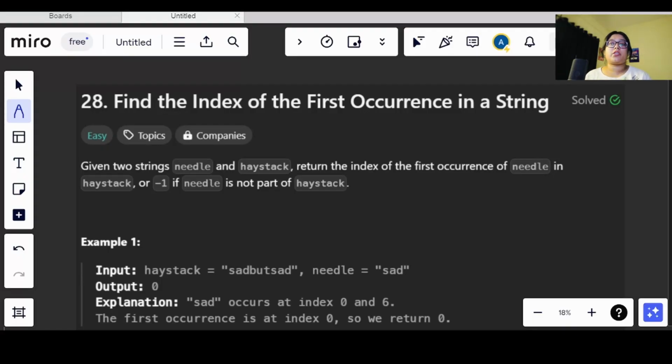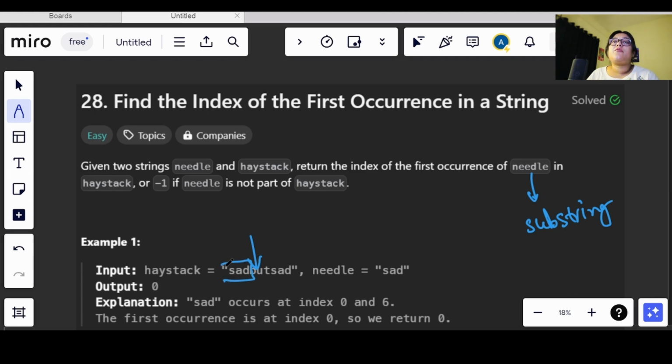We have been given two strings, okay. One is called needle and the other one is called haystack. Now what we need to do is find the needle in the haystack. There is an idiom, right, to find a needle in a haystack. So the needle is going to be a substring which will be present in this haystack, okay. And if it is present, we need to return the index of the first occurrence of the substring, okay.